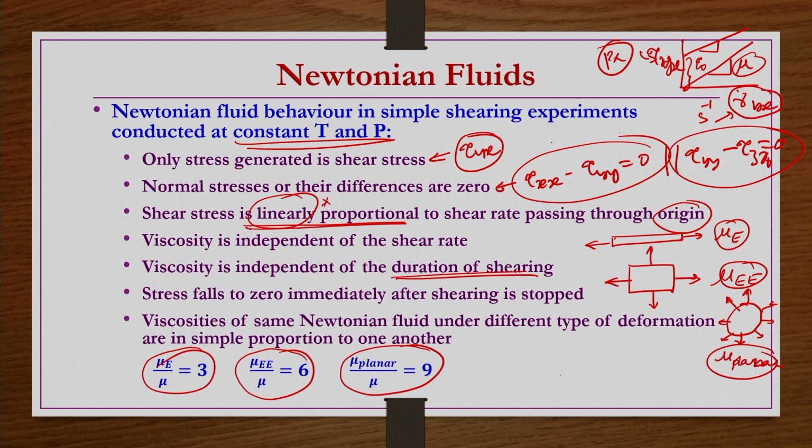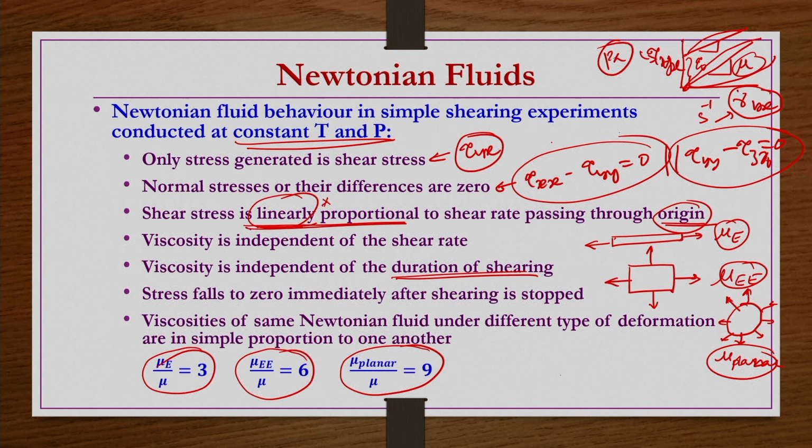Then you can have another type of non-Newtonian fluid, which may not be linear and will not pass through the origin. Let us say not passing through the origin, and after that you may have a non-linear curve like this, that is possible. It may pass through the origin, but if it is not linear, then it may have a curve like this or like this; non-linear curves are there. Those are all possibilities of different types of non-Newtonian fluids, right.